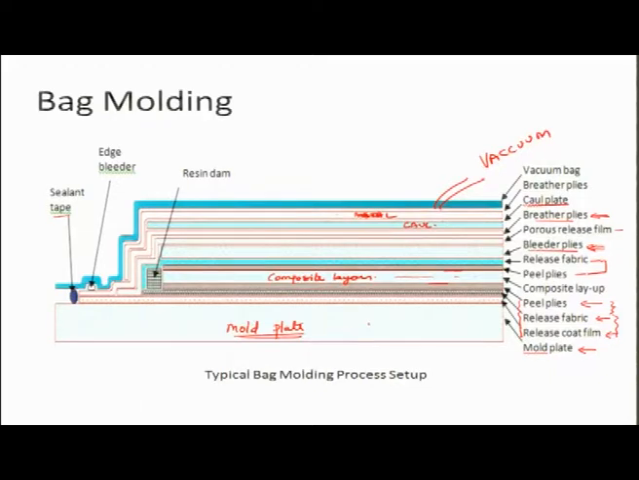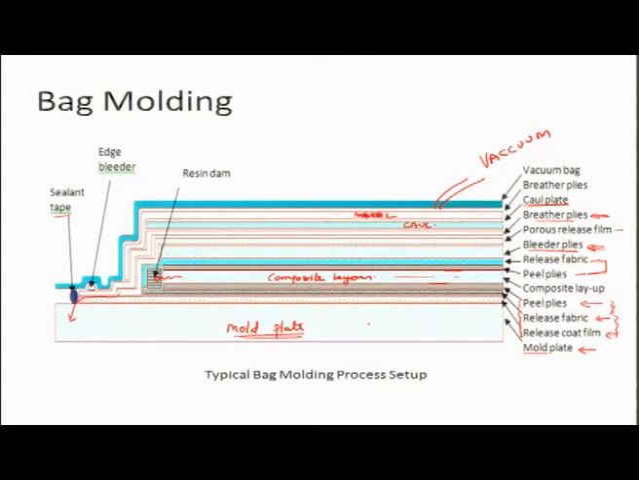So all the air gets sucked out. You also have a resin dam, because as resin flows you want that this resin should not leak out, because otherwise resin can leak out and it can come again touch here. So you have a dam of resin. It's made up of some absorbent material,